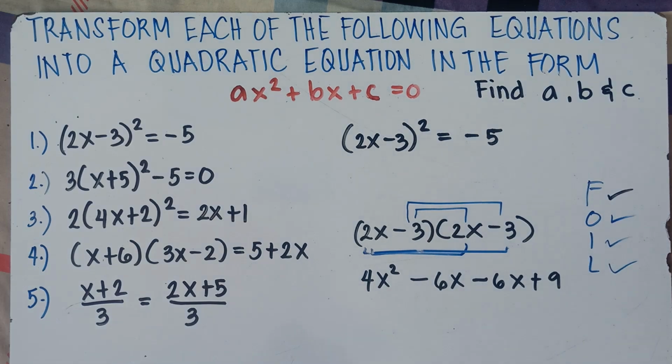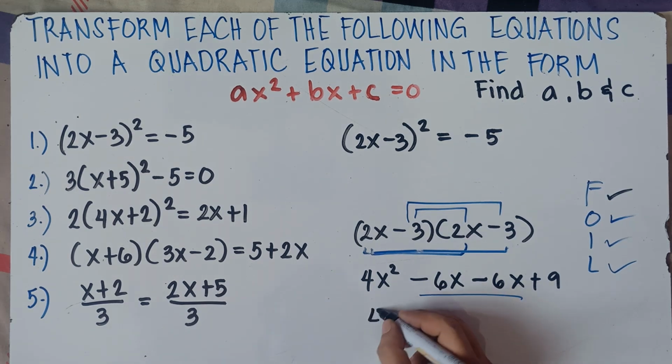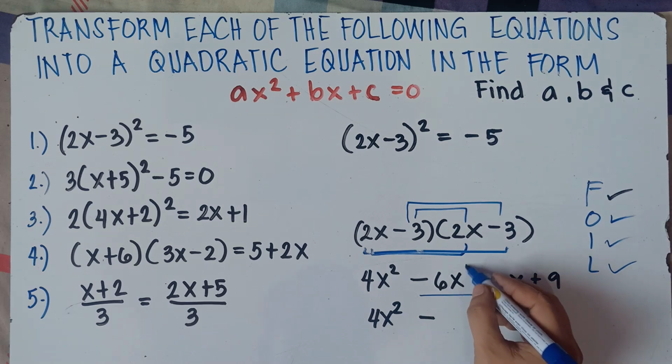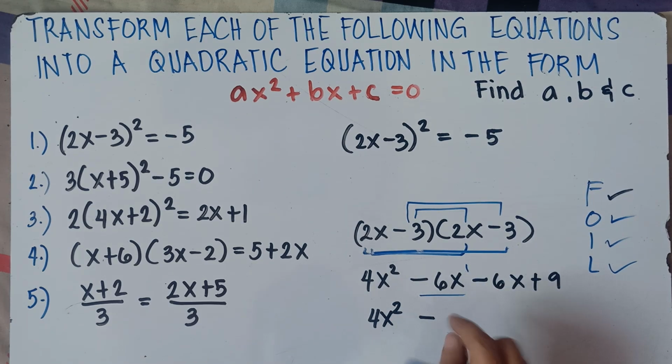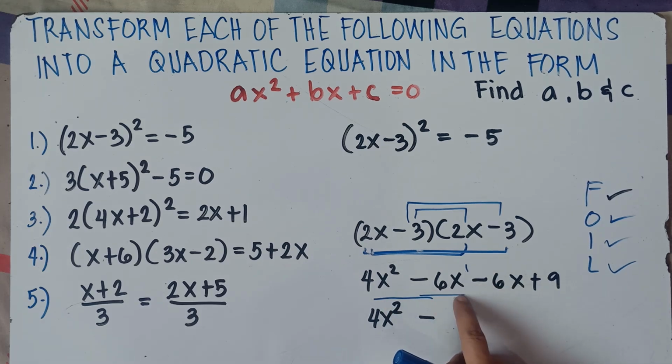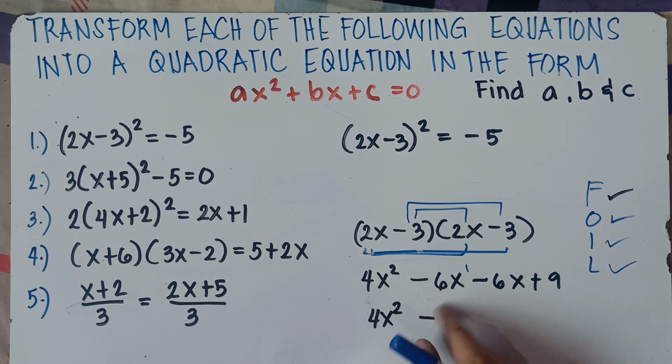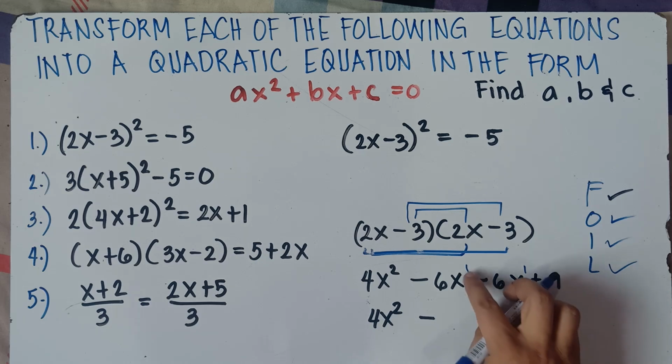And then you combine like terms, class. Copy 4x squared. If you both have negatives, simply copy the negative sign. Once again, we cannot combine x squared and x because the exponent of x here is just 1. It must be the same letter and the same exponent. That's what we call literal coefficient. So you can only combine if they have the same letter and the same exponent.